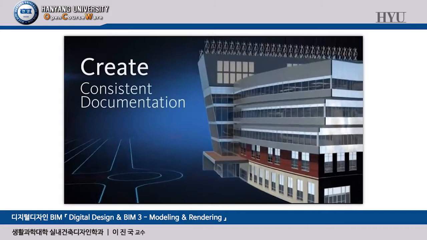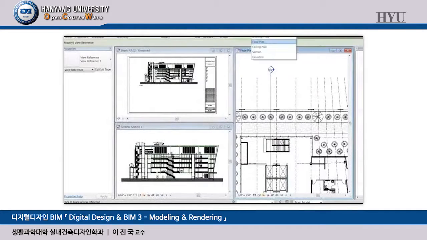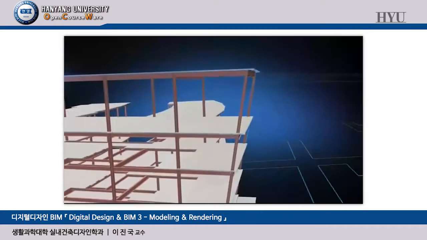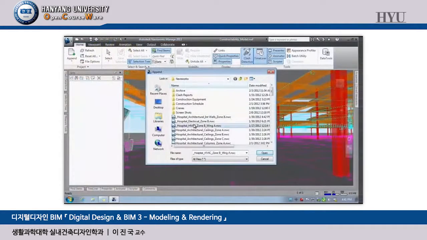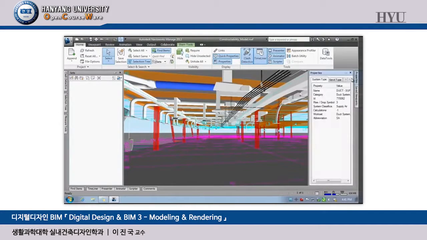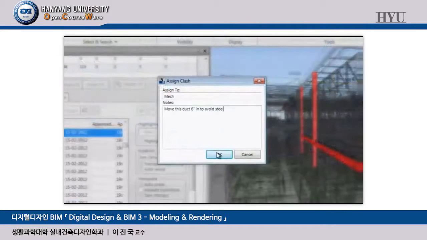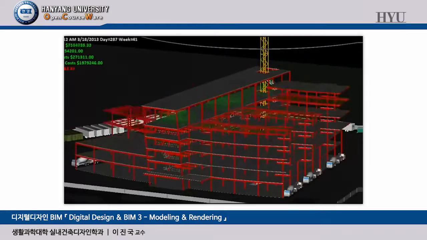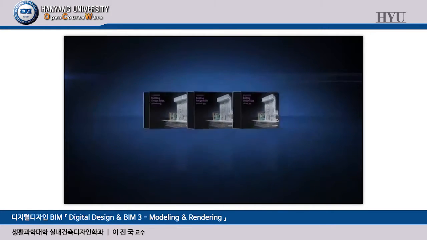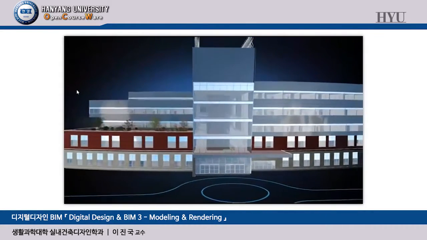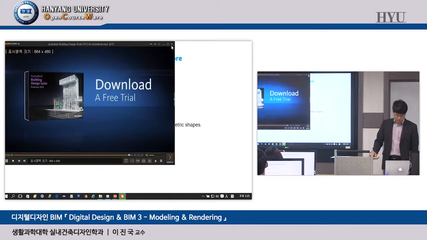Create more consistent, higher quality construction documentation with powerful tools that provide native DWG support and automation tools that minimize repetitive tasks and speed time to completion. Improve control over project outcomes by sharing valuable design insight with all project stakeholders. Autodesk Navisworks enables the integration of multiple 3D models and data formats into a single model that architects, engineers, and contractors can analyze and review for better coordination, conflict resolution, and planning long before construction begins. The Autodesk Building Design Suite is a comprehensive software solution that combines BIM and CAD tools to help you design, visualize, simulate, document, and build better buildings. To explore which capabilities best fit your specific industry workflow needs, download a free trial and experience the